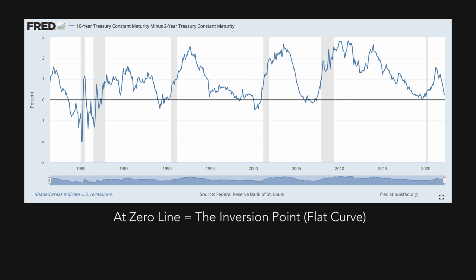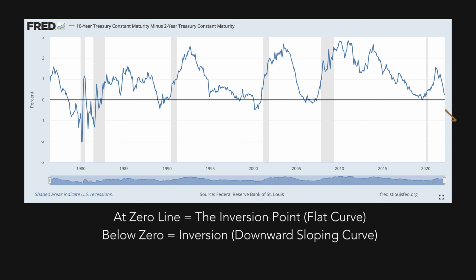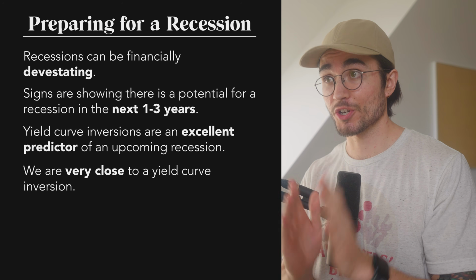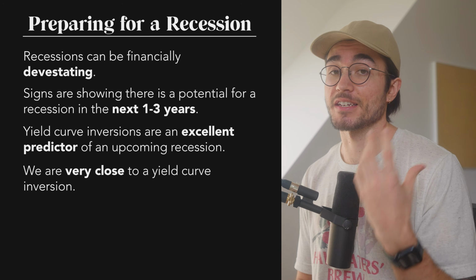Now, anything below the zero line represents stage 3, a downward sloping curve and a yield curve inversion. So this chart from the Federal Reserve gives us a very good idea of how close we are to that. So basically, we are in the process of flattening and potentially headed for that inversion. All right, so we are close,